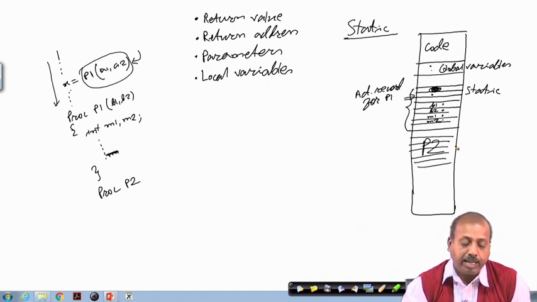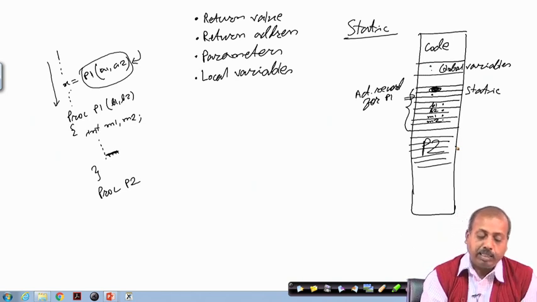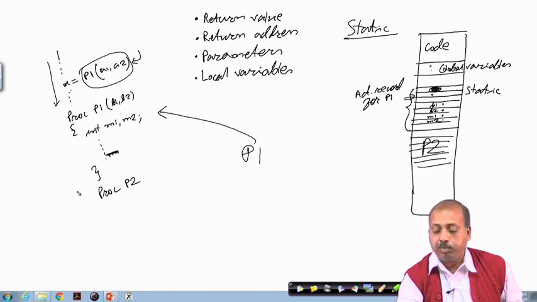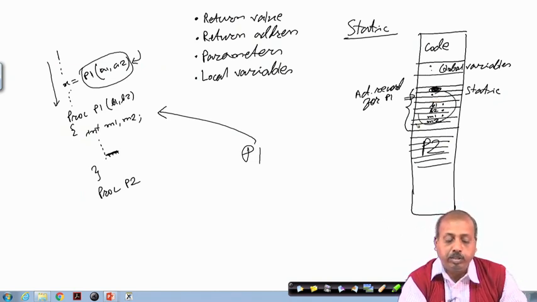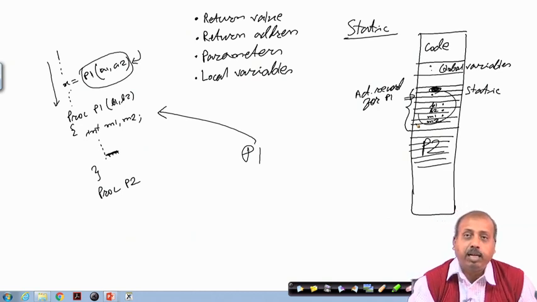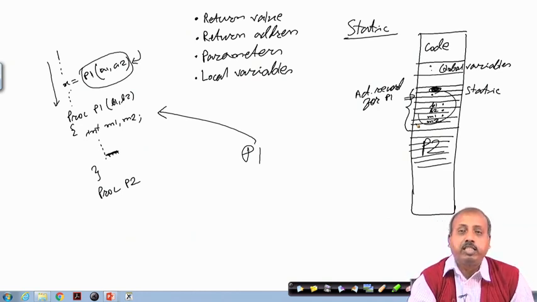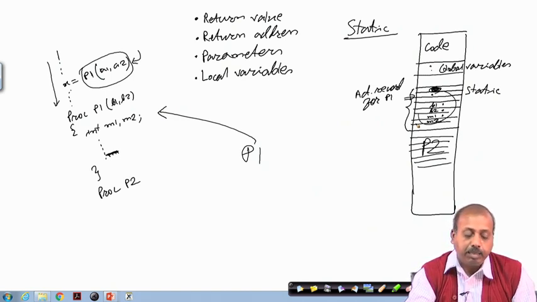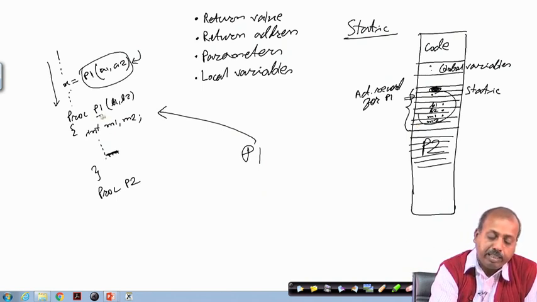Now, the problem that we have is that we cannot have more than one activation of P 1 simultaneously. If somebody else from some other place is also allowed to call P 1 when this call is active, then the P 1 activation record will get overwritten. As a result, the execution will become erroneous. Apparently it seems that this should not happen, because ultimately we have got a single processor, so there can be only one call at a time. But there can be a situation like this: P 1 may be a recursive procedure.